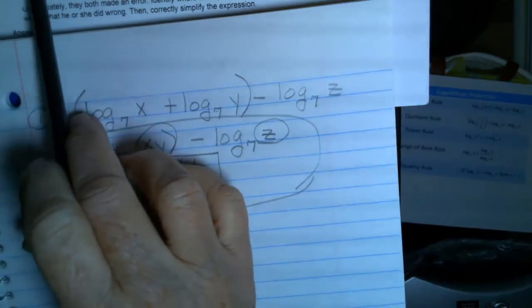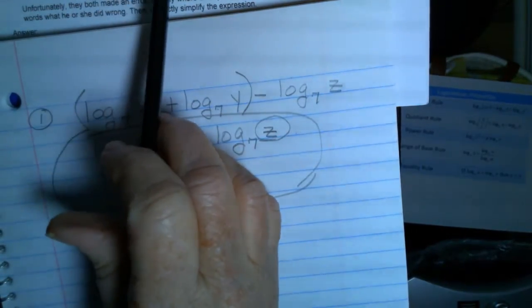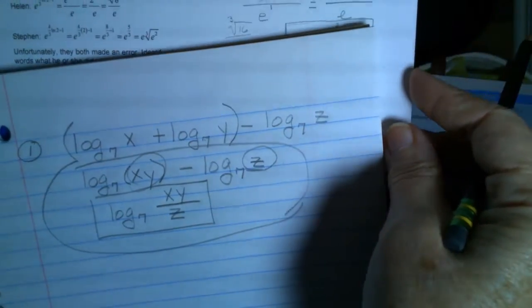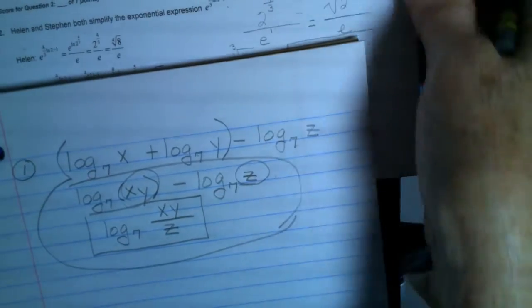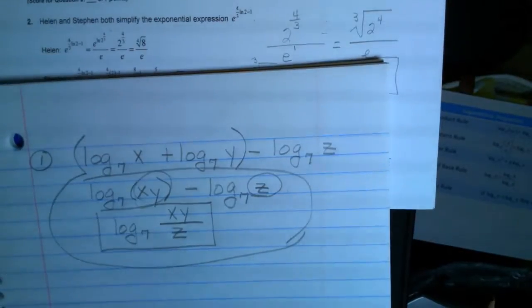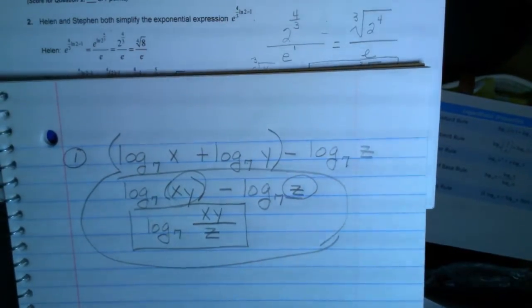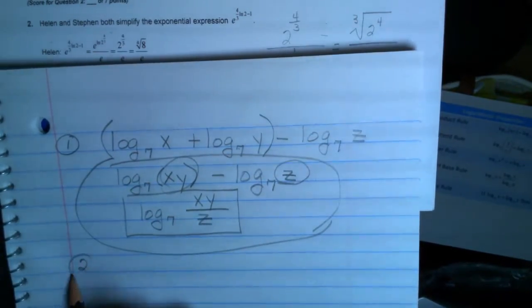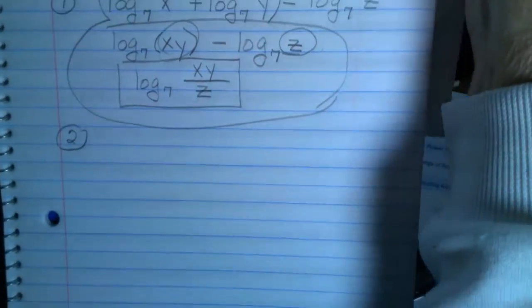All right, so now we have Helen and Stephen who both simplify the exponential expression. It's very, very hard to see. It's really, really small. So let me start by rewriting this. My camera's crooked, so let me adjust that. All right, so for question number 2, start by writing the question, the problem. The problem is e raised to the 4/3